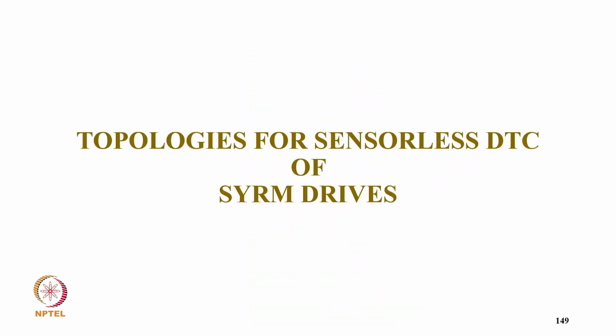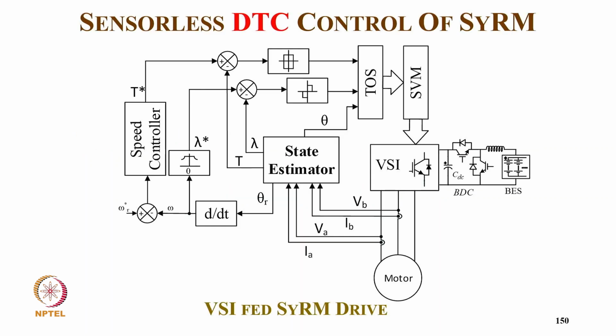Now coming to the topology of sensorless direct torque control of a synchronous reluctance motor drive. This is typically a diagram of your voltage source inverter. So here again, battery operated, we have sensing of voltage and current and getting a position, then speed, then we have a speed controller with the reference speed and flux reference from actual speed, and then we have a torque and flux estimator from voltage and current, and then we have two-level torque and three-level flux. So that gives the error, and along with the position we get the look-up table of optimum switching to get your switching vector